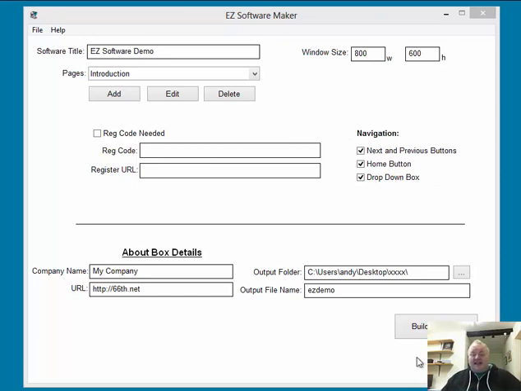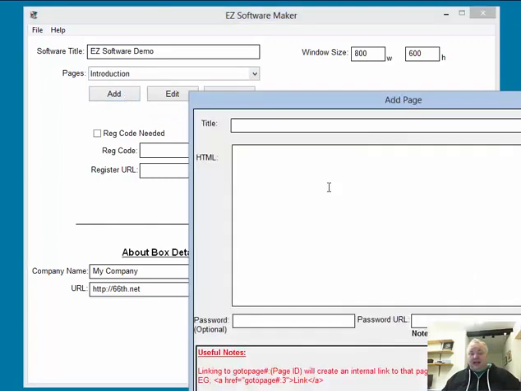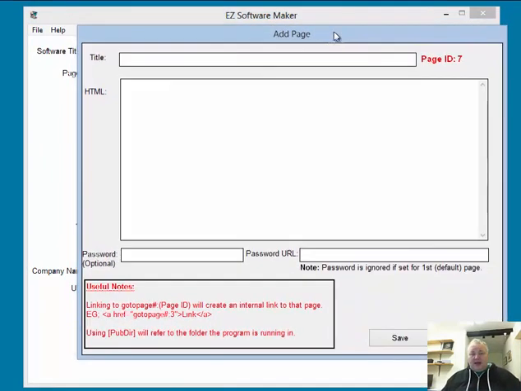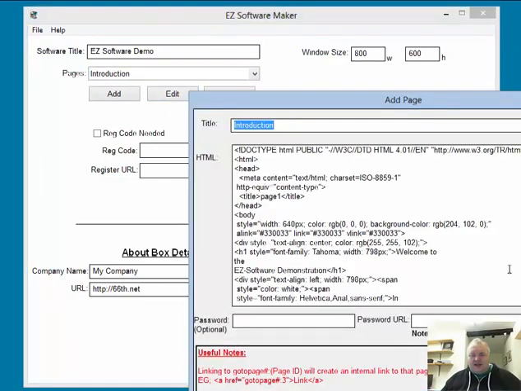Here we go. It's so simple, because it's predominantly all on one screen. We have our title, and the size that we want the software to be made. So I'm building here 800 by 600, but you can make that any resolution you like. This one's already got some pages added. Basically, to add a page, you hit the Add Page button, and you give it a title, and then in here we copy and paste in some HTML code, and that pretty much is it. Let's just take a quick look at one of the pages.